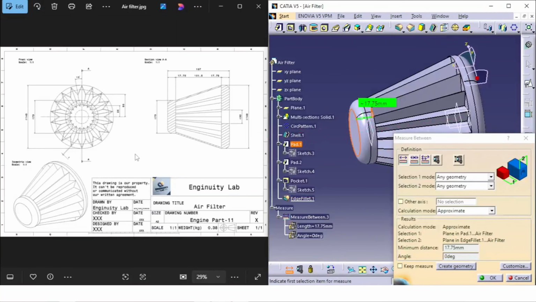Now also for this section I can apply this one. Okay, now our filter model is created. Now we can apply the plastic material here as well. So select the air filter